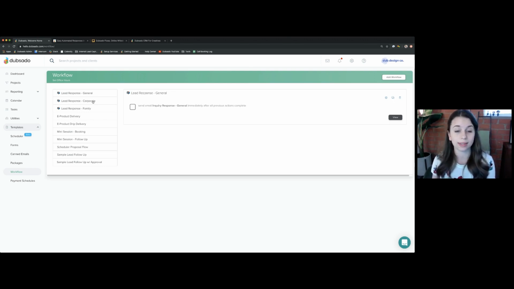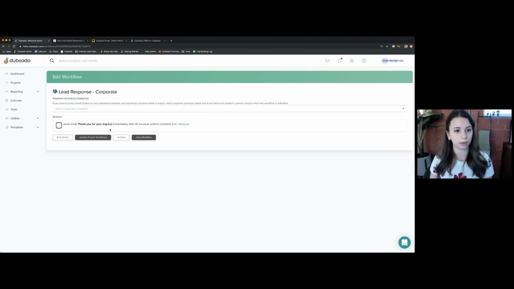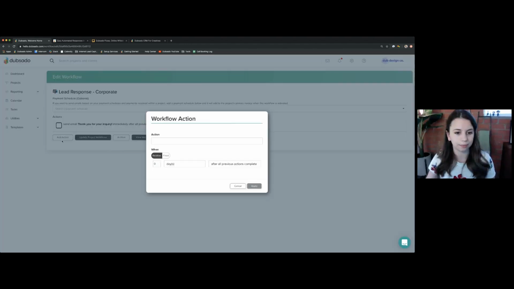So same process, you'll want to create a separate canned email for each of the different services you have. And then you'll want to create also a separate workflow for each of the services you have, as I've done here. Let's go into the corporate workflow, and it's the same thing. Send email immediately after all previous actions complete. Nothing different there, but you can take this to another level by adding an action